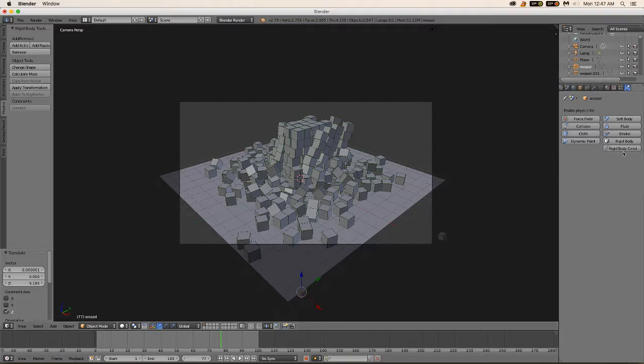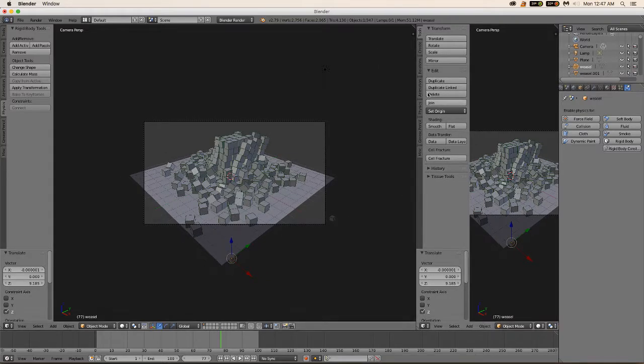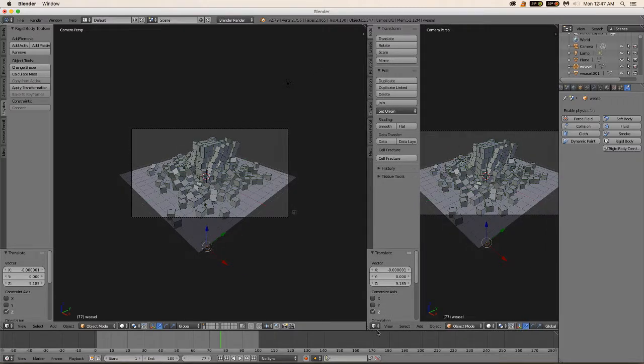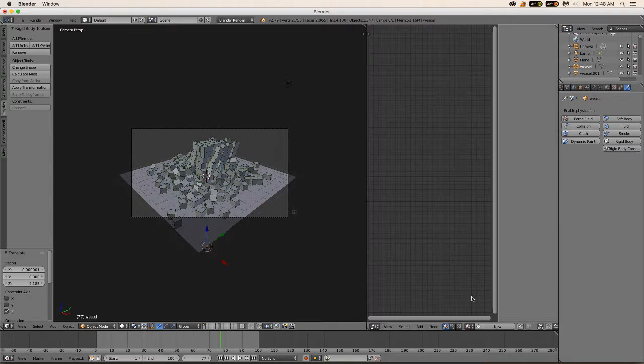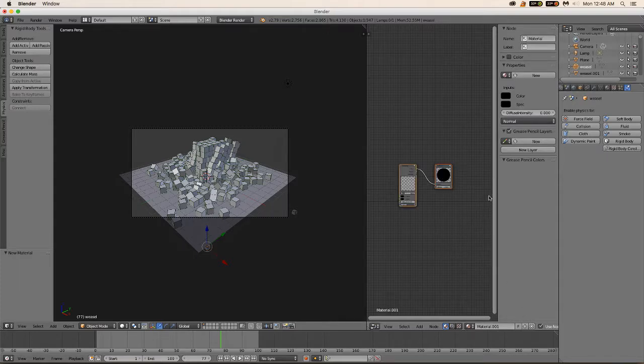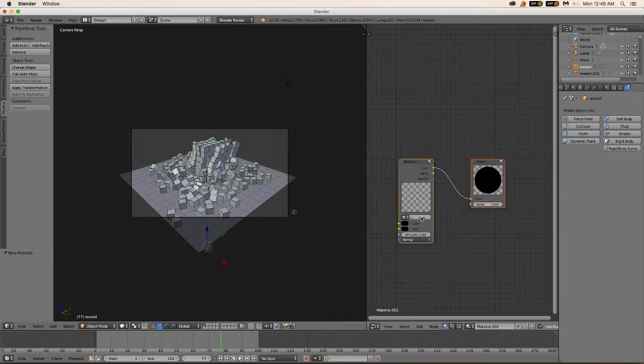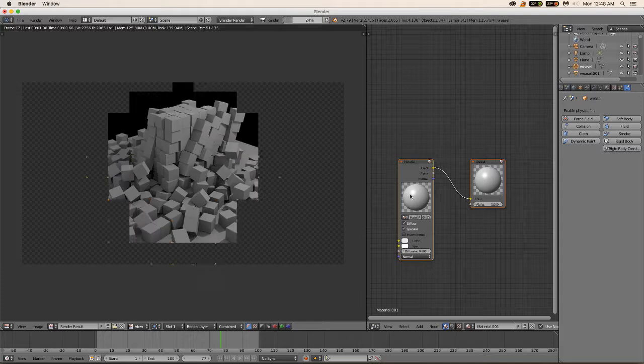Go to my original cube and pull out the cobweb. That's the upper right hand corner. Gives me obviously an extra window. I want to change this to node editor. Make sure my cube is selected, which it is, and we're going to go to new shader. Yes, new, use nodes. Now we've got this, and hit new, and now if I render it again, everything's exactly the same,